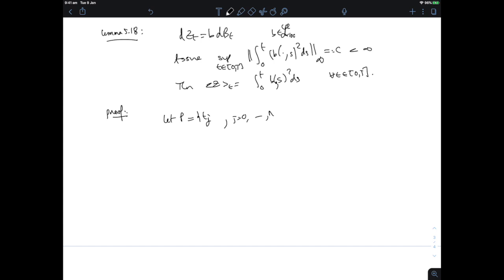Okay, and let's define d_j. So this will be the sort of quantities that we're interested in, the sort of differences we're interested in, but they will involve, contrary to what we often do, the Z_{t_j} minus Z_{t_{j-1}} squared, and then minus what we need to compensate for. So the integral from t_{j-1} to t_j of b_s squared ds. So we're going to look at those quantities, and I claim that these quantities have an orthogonality property, just like